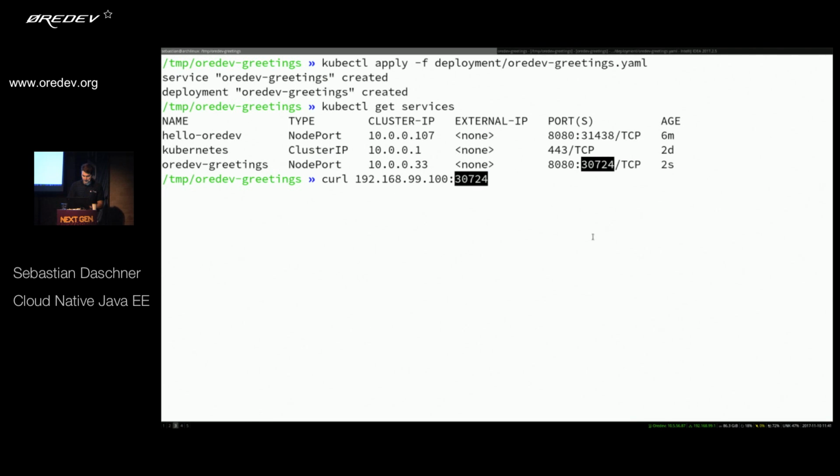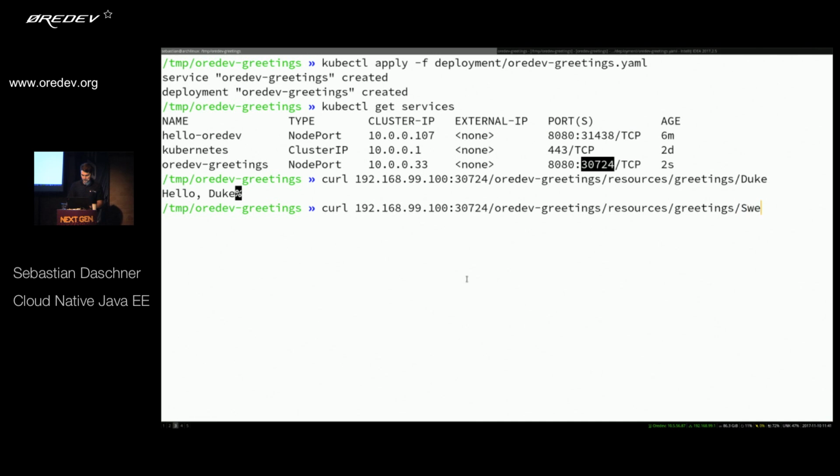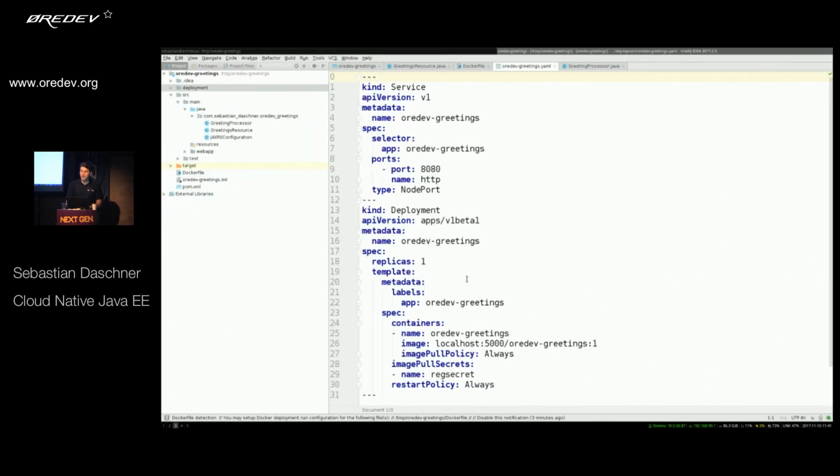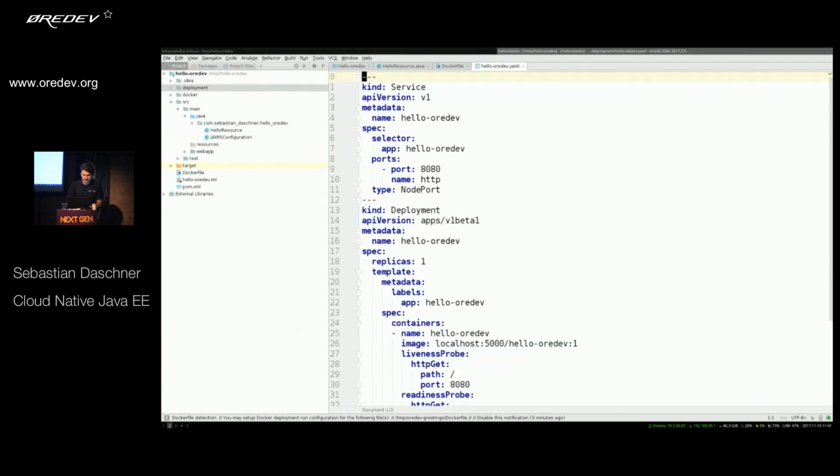With the Øredev greetings service, and we have the Øredev greetings application, resources, greetings, let's say hello Duke, and it tells us hello Duke or hello Sweden, right? And that's it. Well, same story as before, nothing else, right? Actually, now we want to access that application from our first application, and now it gets a little bit more